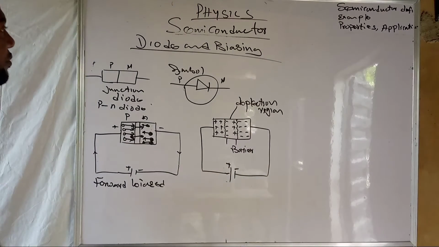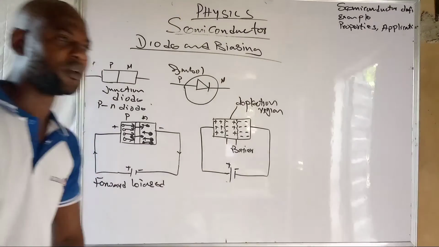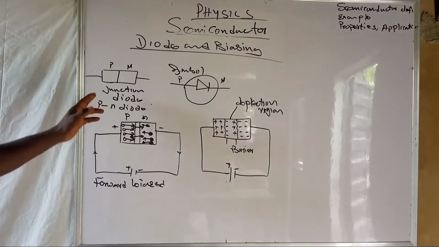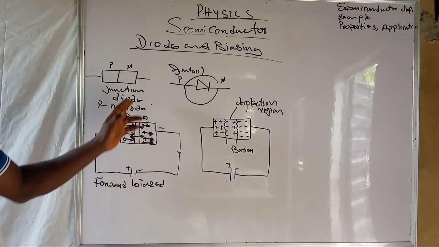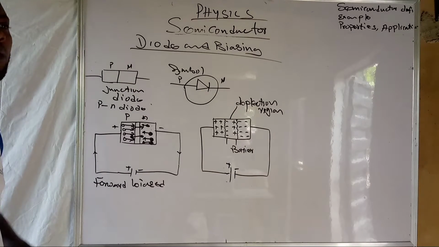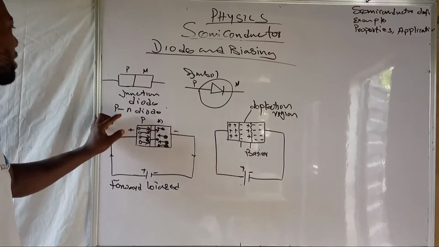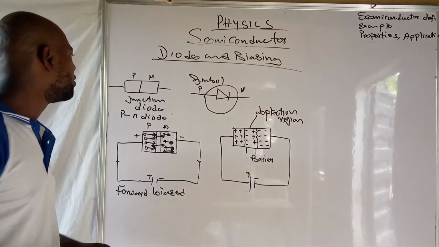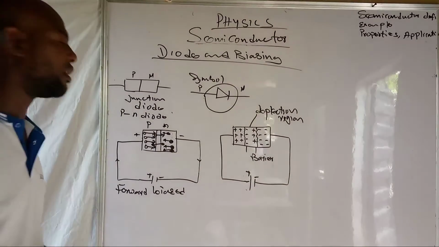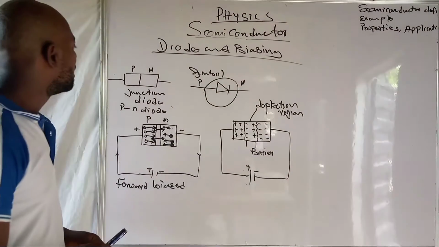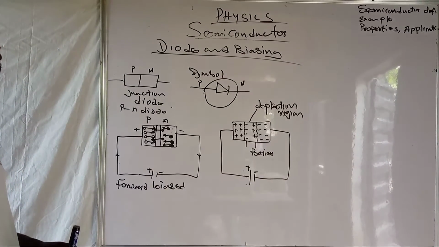Here we are once again to educate ourselves on diode and biasing. What is a diode? A diode is also a semiconductor. A diode is formed from the combination of p-type semiconductor and n-type semiconductor together to form a single semiconductor called a junction diode, that is, a PN junction diode. P is the positive terminal of the diode and N is the negative terminal of the semiconductor. Therefore, it's called PN